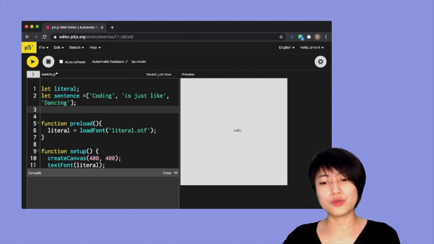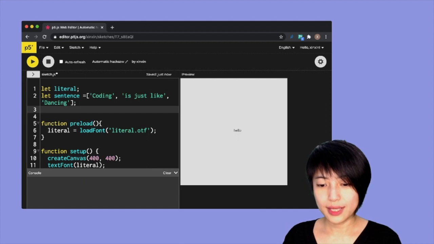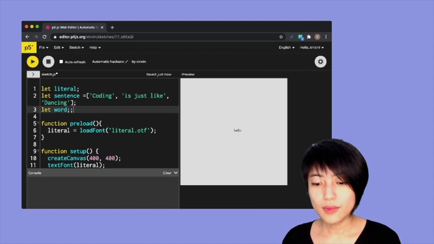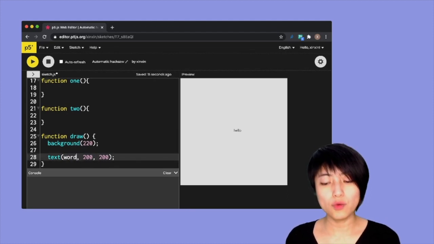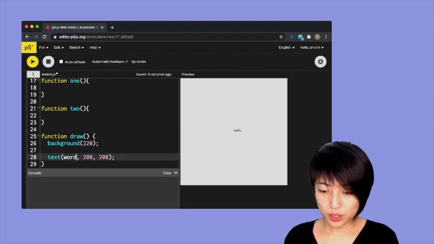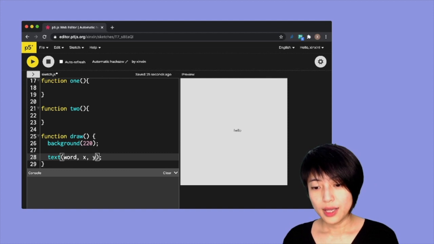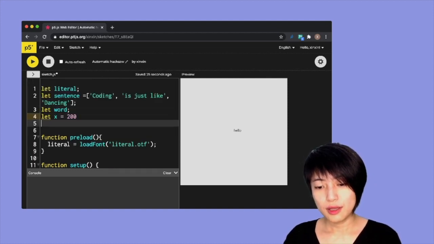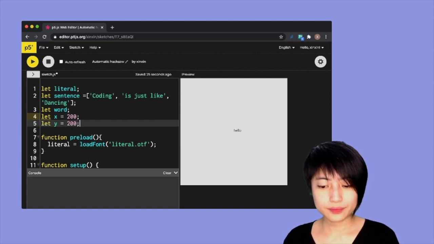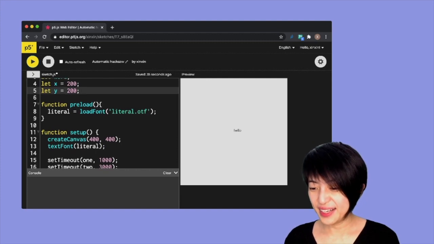All right, so we've got the sentence here, and now we have to have a variable to load each of those items in our sentence. So I'm going to say let word. And I'm going to go down here to my text and replace my hello with the variable word. I'm also going to change my position into variables, so it's going to be x and y. I'm going to go back up and do let x equals 200, let y equals 200. Okay, so if I hit play now,